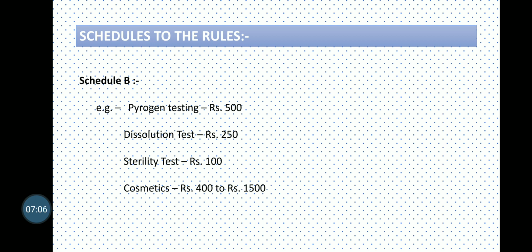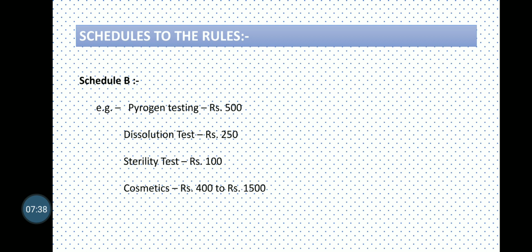फॉर्म भरून दिल्यानंतर नंतर काय करतो आपण, we pay the prescribed fees and deposit is given in the hospital. In the same way, whenever the samples are sent to the laboratories for testing or analysis, certain fees is to be paid to such laboratories. How much fees is to be paid? According to the test, it is given in your Schedule B. Schedule B specifies fees for test or analysis by central drug laboratories or by state drug laboratories.